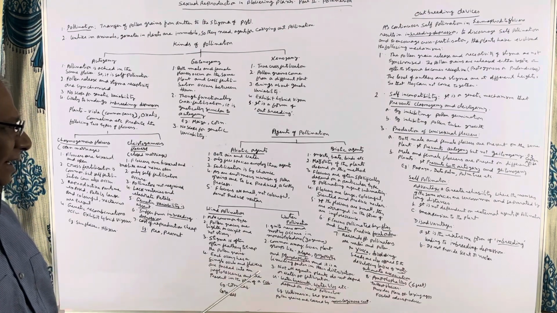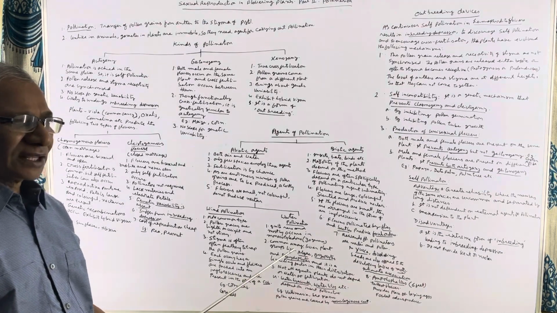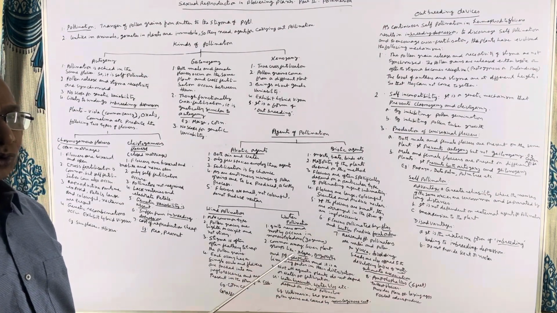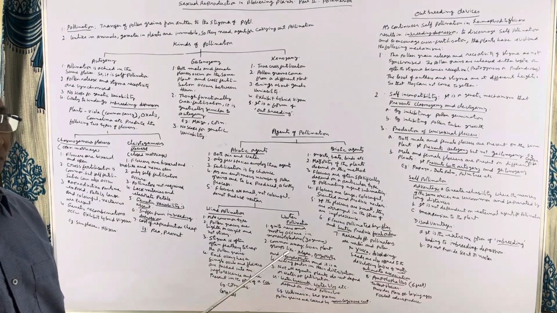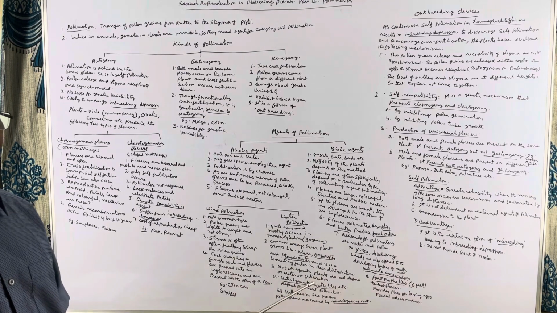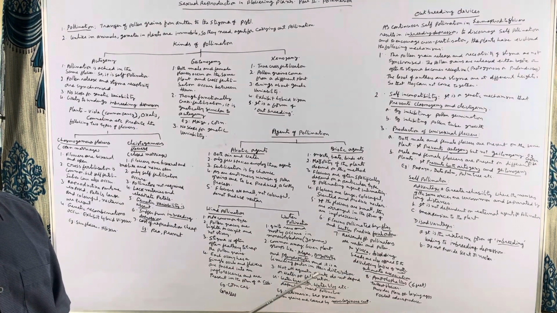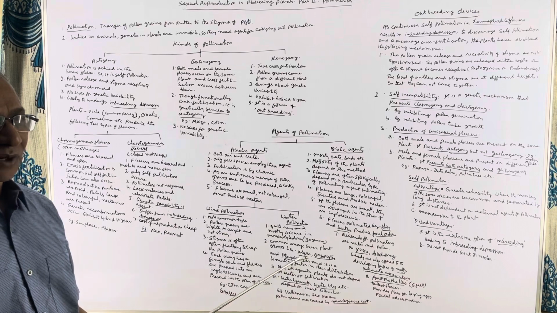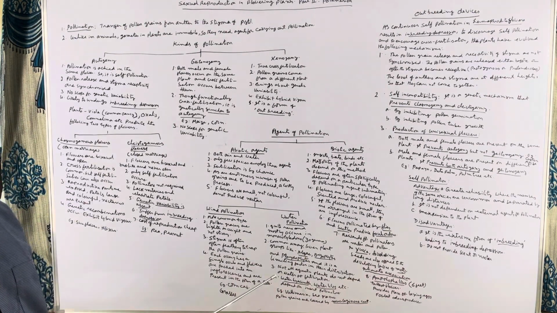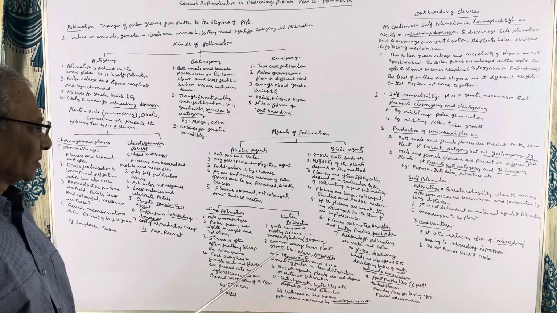Then, there are some types of agents where the plants totally depend on a particular type of agent for pollination. The relationship is so intimate that if a particular type of pollinator is absent, pollination can never occur in the plant, and both the plant and the agent become extinct. That's why, in some cases, survival of both the plant and the pollinator is very important because the relationship is so intimate.